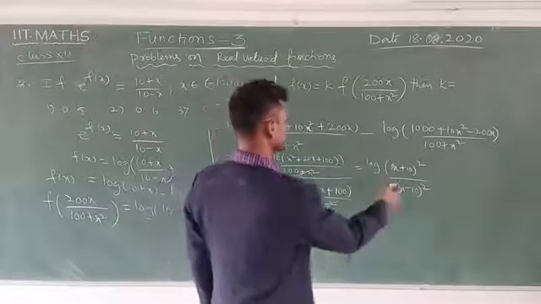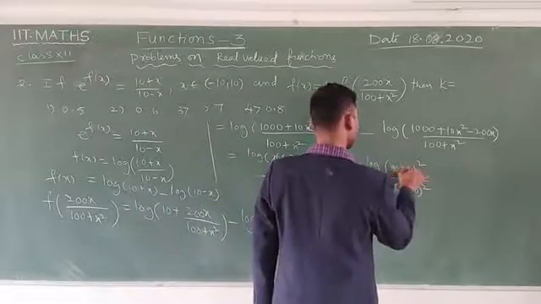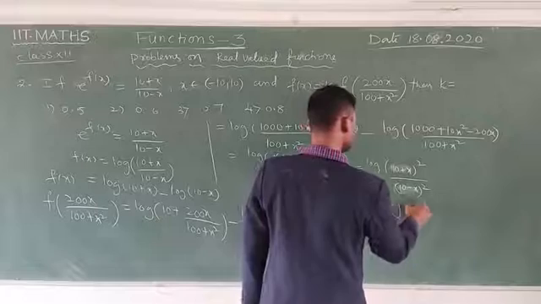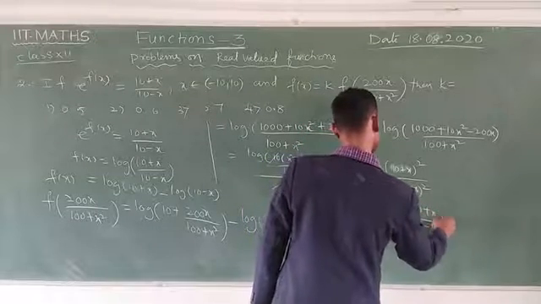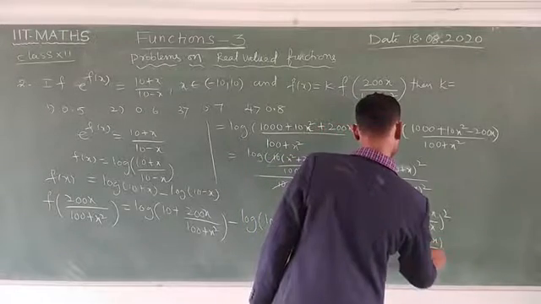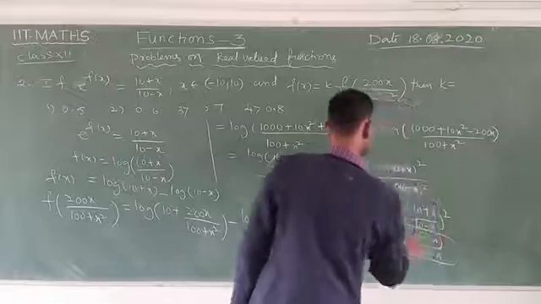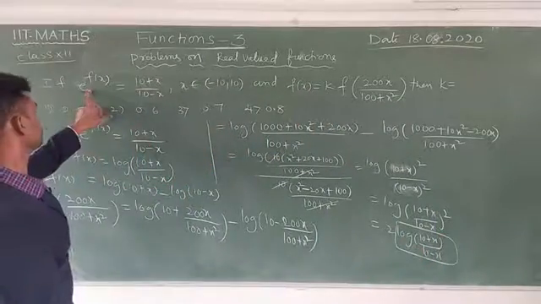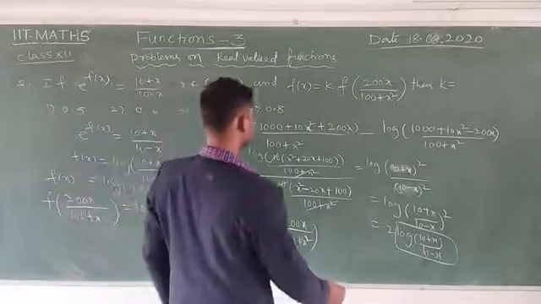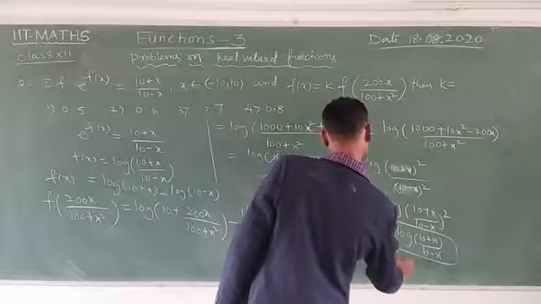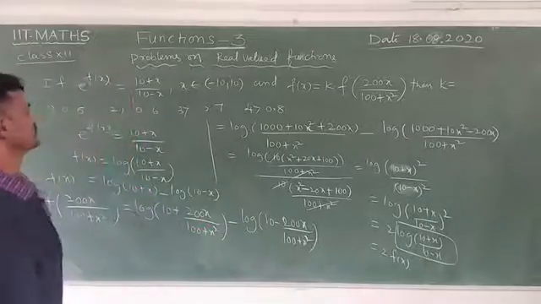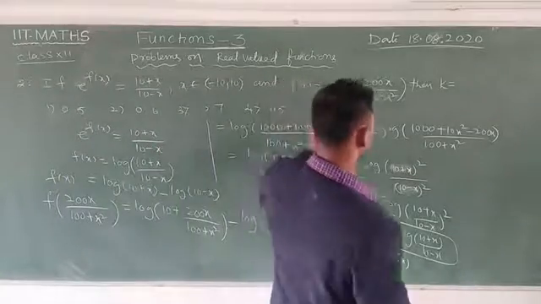Log of 10 plus x, here 10 plus x, here 10 minus x, whole square; you can write it that way anyway, no problem. Now log of (10 plus x) by (10 minus x) whole square you can write. Now this is 2 times log of (10 plus x) by (10 minus x). Now see here, this log of (10 plus x) by (10 minus x) is equal to what? It is f of x, since e to the power of f of x equals that. Then this is 2 times f of x. Now you can substitute here.